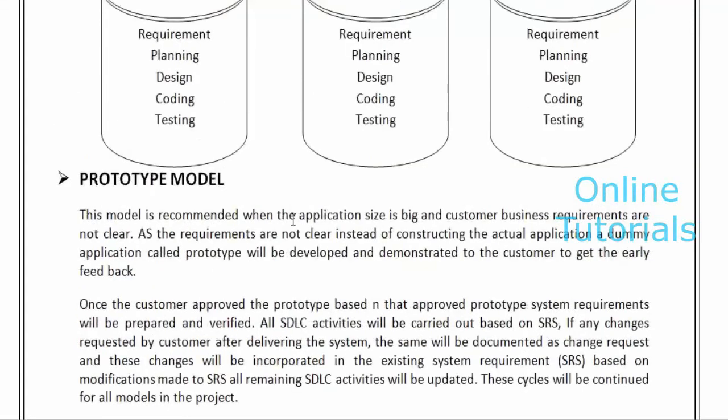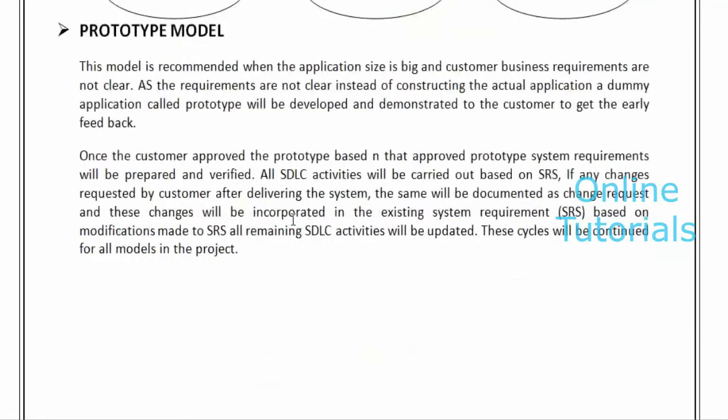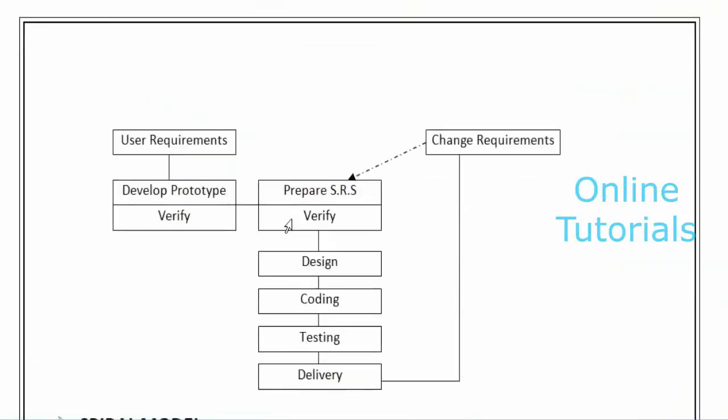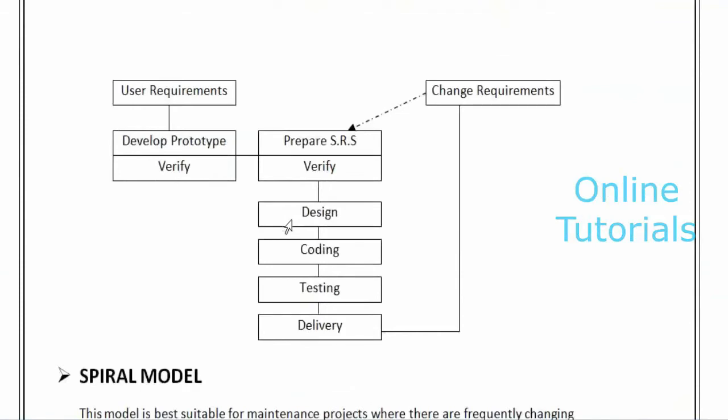The next model is the prototype model. A prototype is nothing but a snapshot. We go for this prototype model when the customer has unclear requirements. It is a big size project and he doesn't know the proper requirements, or he is unclear